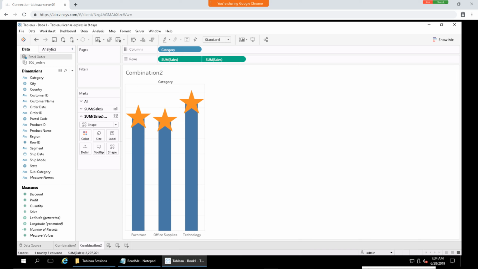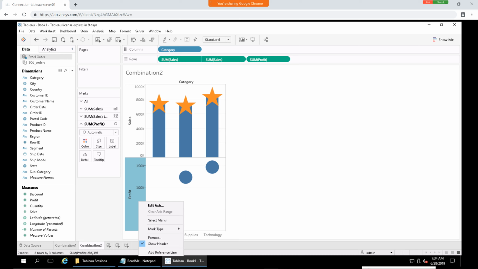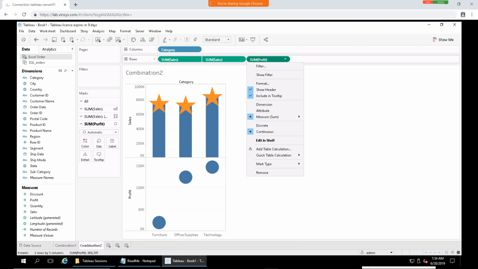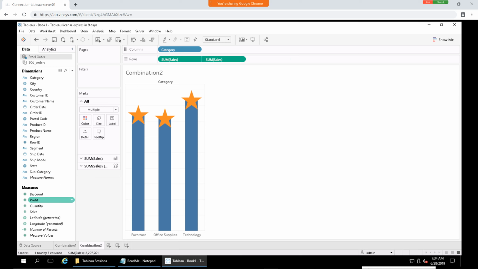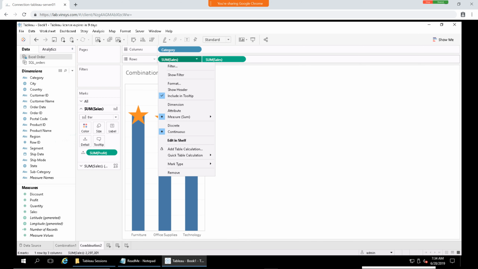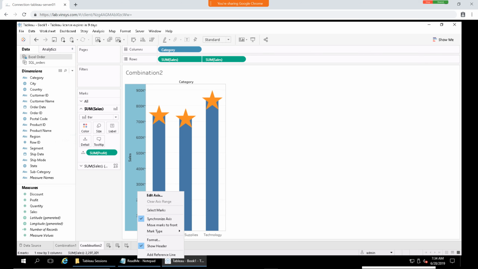Okay, so one way of putting profit, I told you yesterday, is that you can use reference lines. Let me put something like this and let's see what happens. Right now you cannot use another chart as a dual because it is already a dual axis chart. What I will do, as I mentioned yesterday, is put this profit first of all on details, and then go to my axis and add reference line,